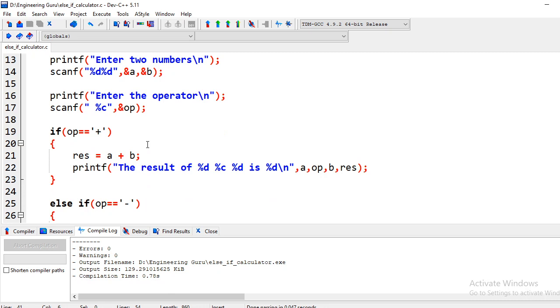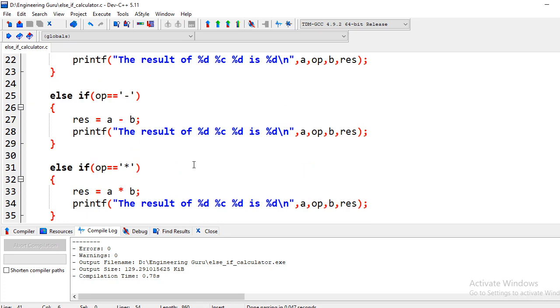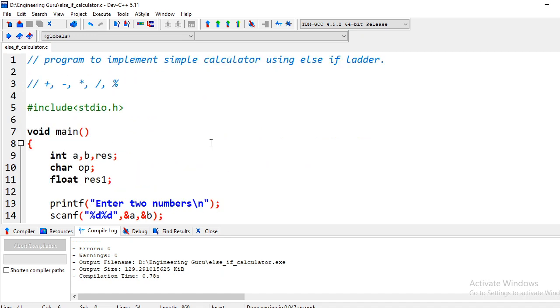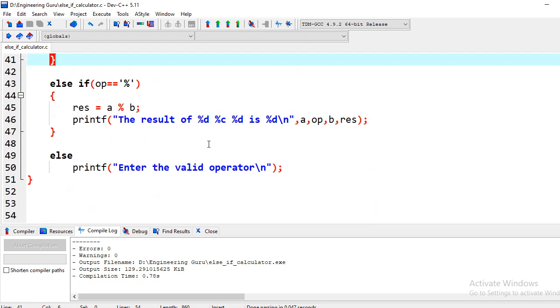You can try the other operators also, plus, minus and multiplication, those we have not checked, we have only checked division and modulus. It is better to check all the conditions, because if you don't check the conditions, you don't know whether you will get the correct output or not. And when you write the program in any test or interview, they will check all the conditions. So it is very important to check all the cases. So this is about the LCF ladder.